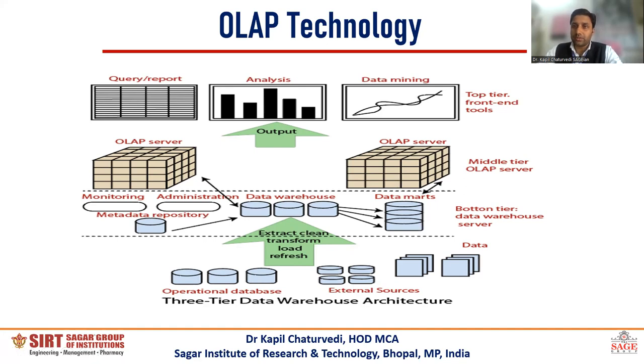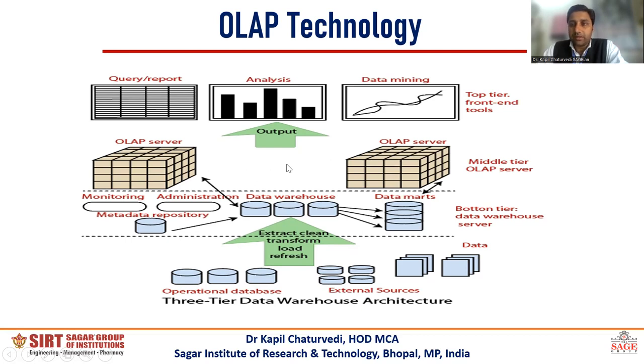Here, two repositories are important: metadata repositories and data marts. Both are important because these two keep the information about that huge amount of data. Monitoring and administration are two important things here, because without monitoring and administration, nothing is possible. So monitoring and administration are the operations, and the metadata repository and data marts are the records which we mandatorily have to implement. After that, to aggregate the data in the middle tier, OLAP servers will be created,